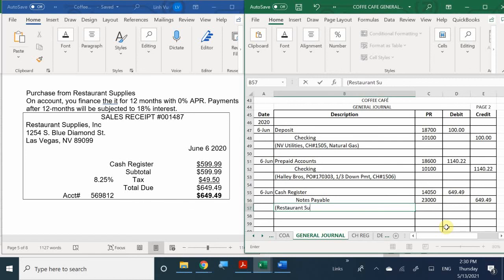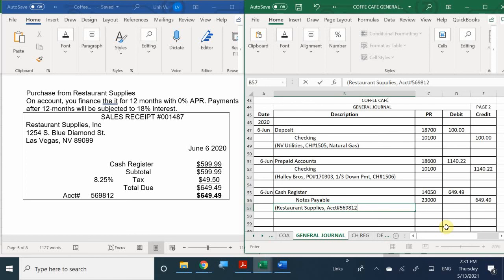Restaurant supplies. Okay. Any piece of information that you could put here, you could put your account number, because these are your books. You could save that for your general ledger. In this case, I'm just going to write, what did I say? 12-month finance. I could just leave the person there because we didn't write a check, right? We owe them on account. So I'm just going to write account number